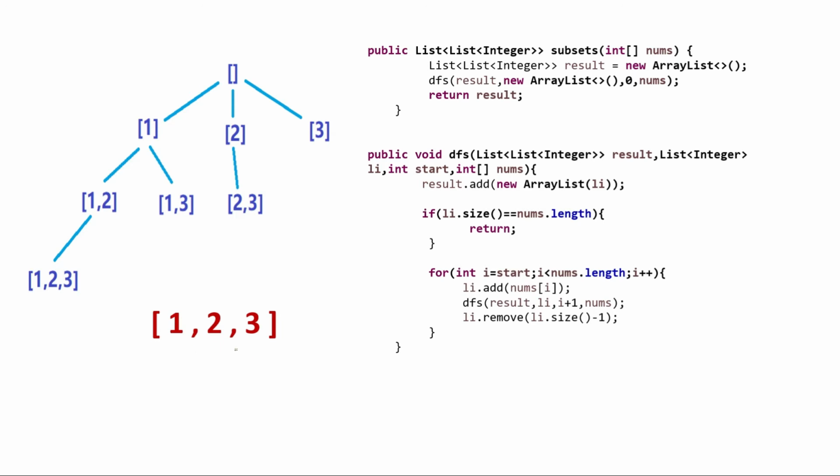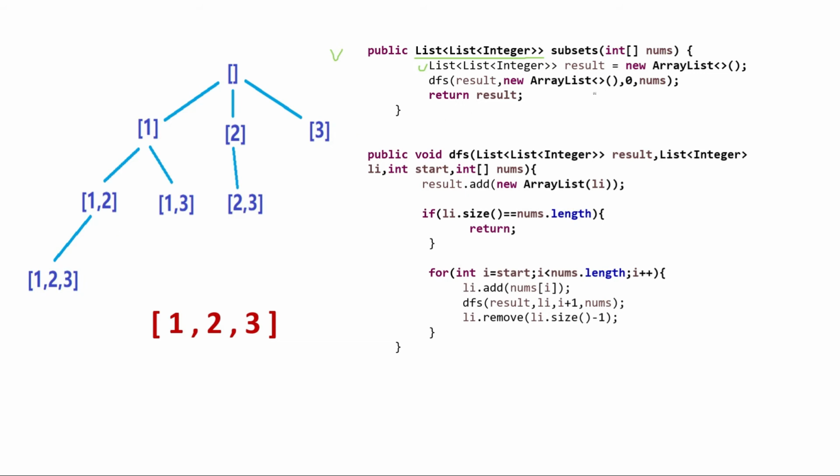So this is our array 1, 2, 3, and you are familiar with this diagram now. So this is the program. This is the main function which is written in LeetCode. It expects a list of integers to be returned. So first we will create this list, and then as it's a recursion call and backtracking, we need a helper function, which I named DFS.